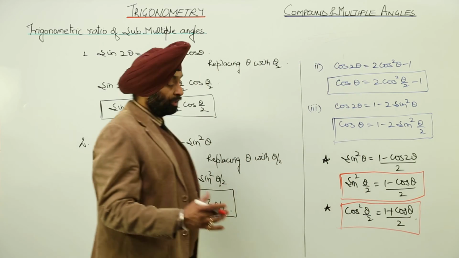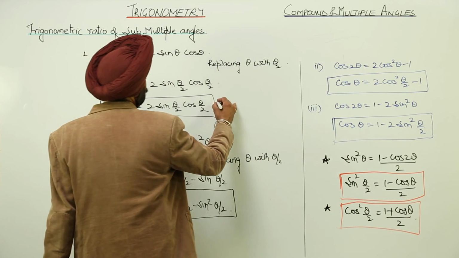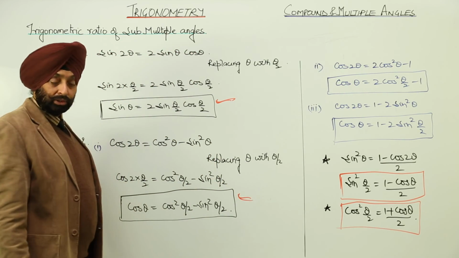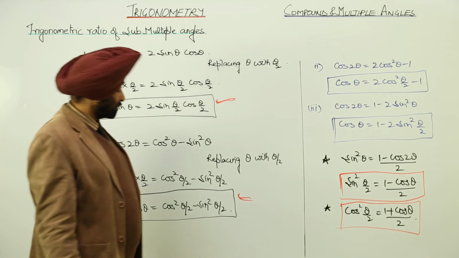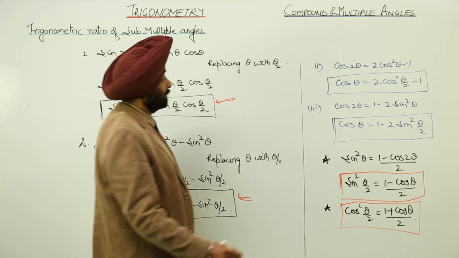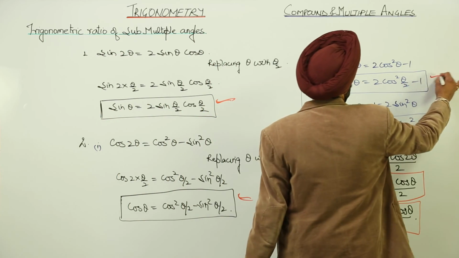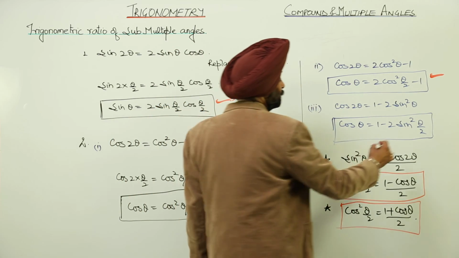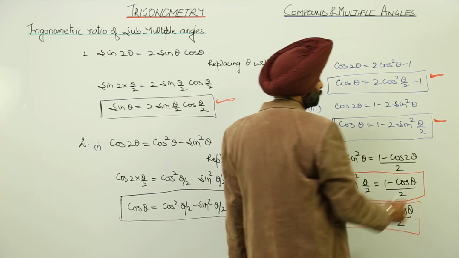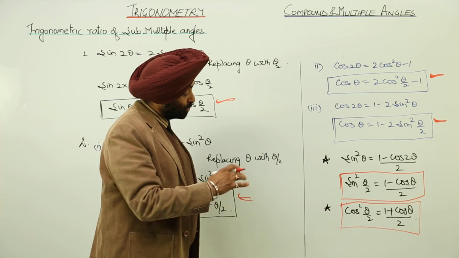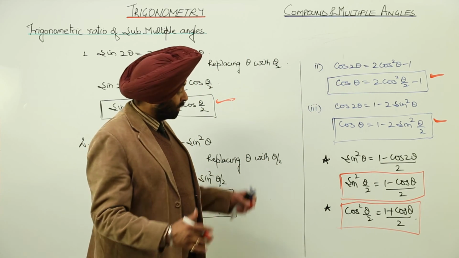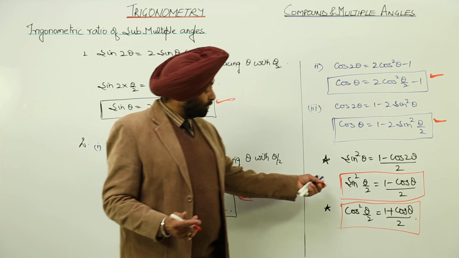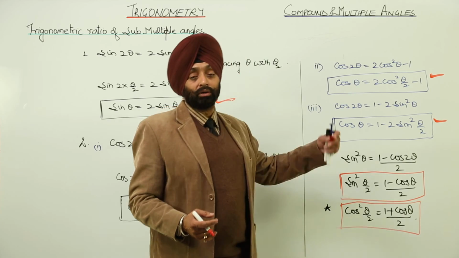Okay. So how many different things have we done? Number 1, this part. Then number 2, for cos theta, cos square theta by 2 minus sin square theta by 2. Then cos theta again 2 cos square theta by 2 minus 1, again cos theta 1 minus 2 sin square theta by 2, and sin square theta by 2 and cos square theta by 2. Now further, when we go for the tan formula, there we are going to use sin theta by 2 and cos theta by 2.